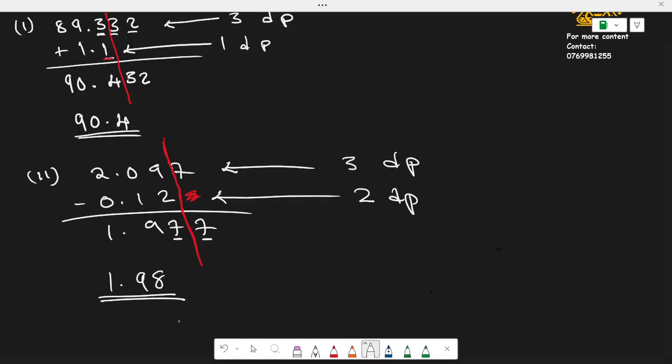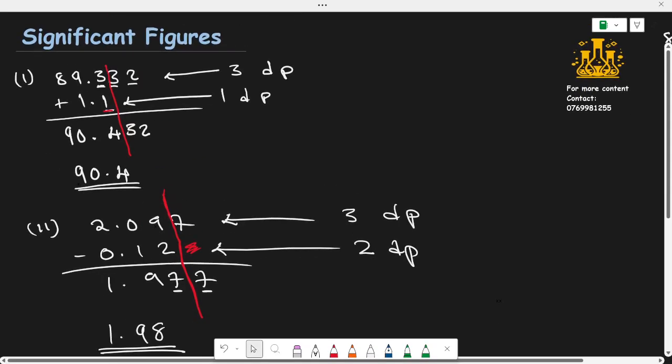So the idea is not that hard to grasp. If the least number of decimal places is 2, your answer should also have 2 decimal places. If it's 1, your answer should also have 1 decimal place. If it's none, your answer should have none as a decimal place. Okay? So that's how you go about addition and subtraction